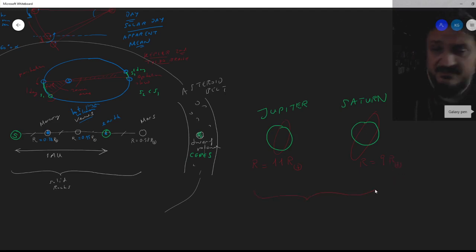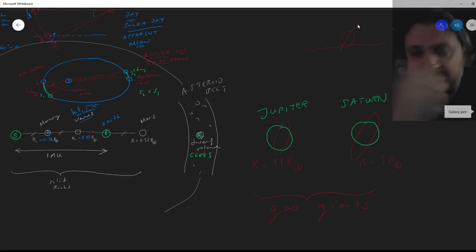But these are not solid. These are made of gas. We call them gas giants. Not only their size, but their mass is also huge. But the funny thing about Saturn is its density is less than water. So they say if you could have an ocean big enough to carry Saturn, it would float in that ocean, because its density is less than the density of water, and the buoyancy of water would lift Saturn up. But it's a gas, okay? And these planets have storms.